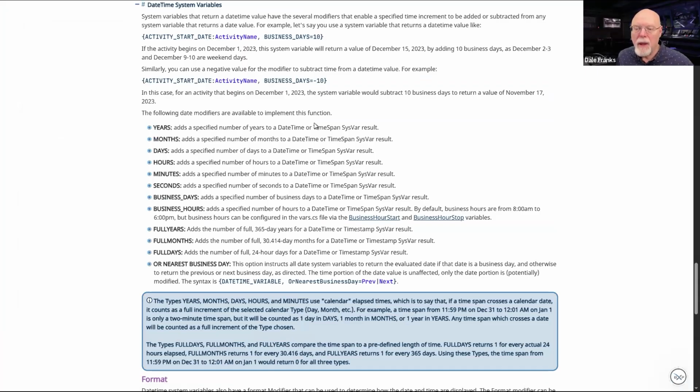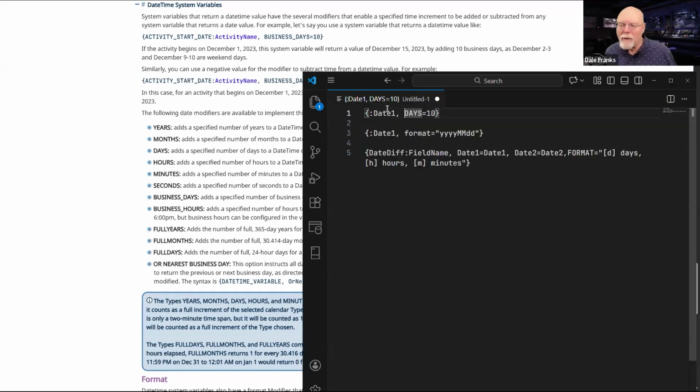What this does is it just adds a specified number of years, months, days, hours, etc., to whatever the value is in a particular date time system variable. So this is a date time field. So obviously it is a date field.